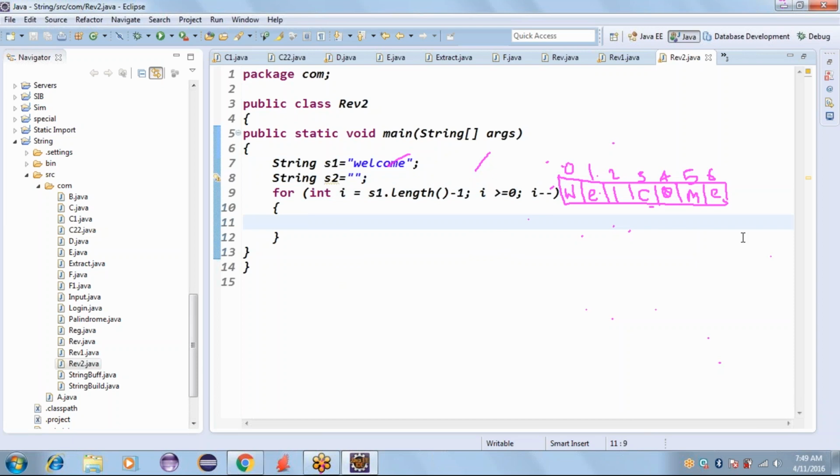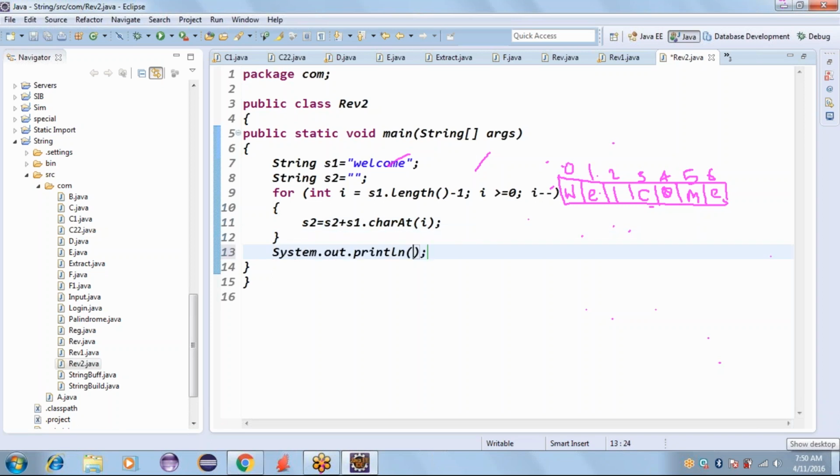We have seen the concat process as well as the charAt method also. The charAt method is saying to you, give me the index, I will return the character for you. See the logic? First time it will read the E and it will add with S2. S2 is empty, so the final result stored into S2 is E only. Again, E plus charAt, next time it becomes minus minus, that is 5, so E plus M. Next time the S2 is going to store the value EM, and like this way till now it will be reading